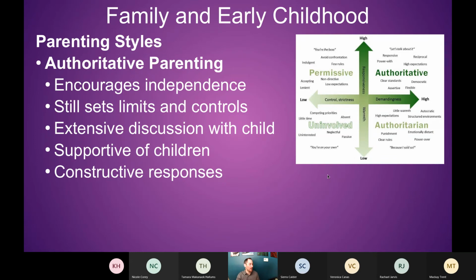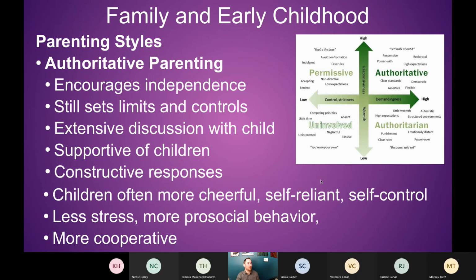So as an example of authoritarian versus authoritative there. So with this, the authoritative parenting tends to be a protective factor for children. So most children are often more cheerful, self-reliant, have more self-control. So some of these studies are correlational. Some of them are longitudinal, so you can see some causal data here. So children of authoritative parents tend to have less stress, more pro-social behavior, and be more cooperative with peers and